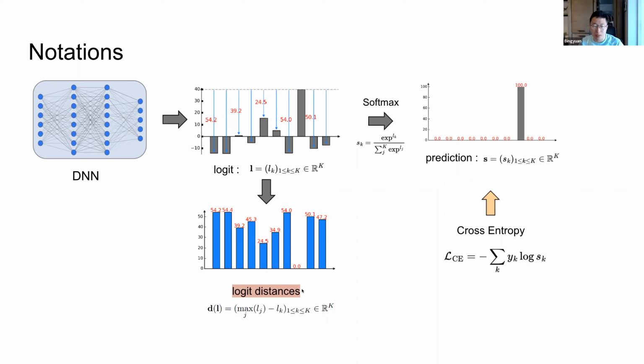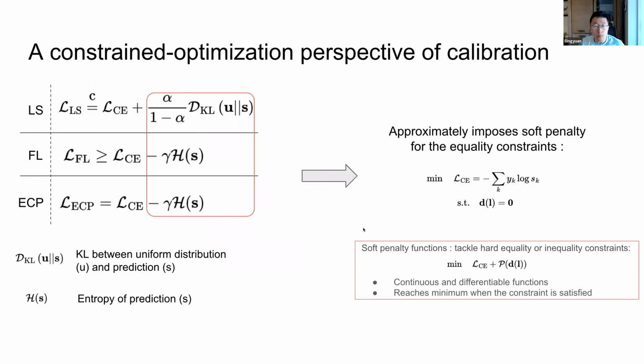Intuitively, we can consider it as a metric to measure the difference in scores between different classes. And also we usually use cross entropy to train the whole neural network in an end-to-end manner. So here is our first perspective. On the left, there are some formulations of